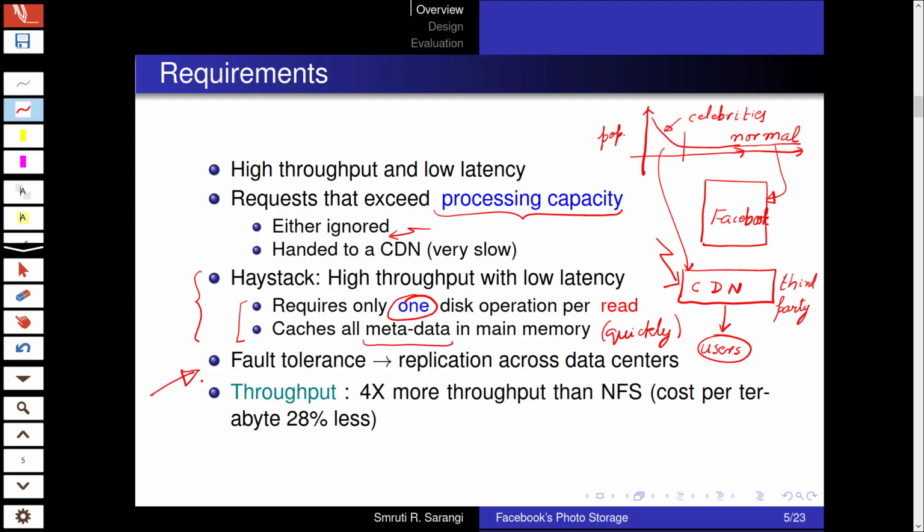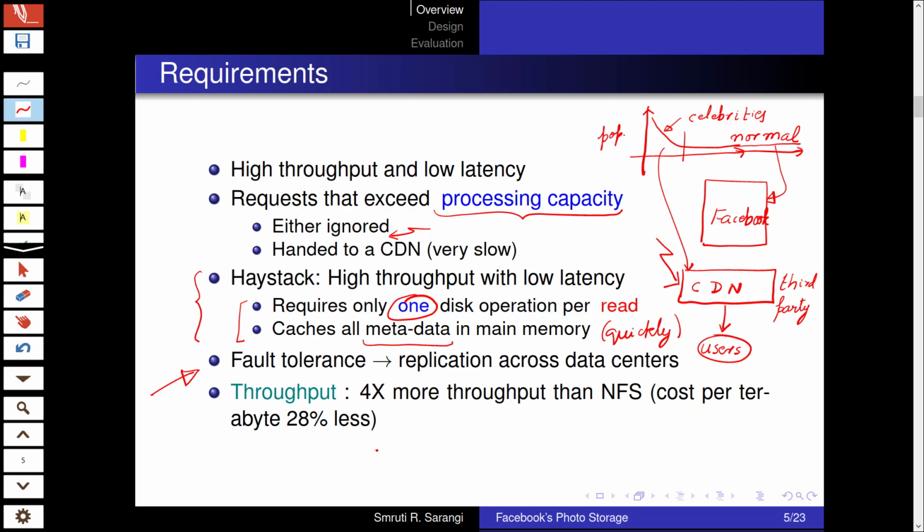Fault tolerance, well, this is also a recurrent pattern that we have seen. We saw that in Amazon Dynamo, where the replication was across data centers. So this is required because if one data center fails, we would like another data center to take over. Furthermore, even within a data center, we would like to have replication across racks, such that if one set of racks fail, another set of racks can take over.